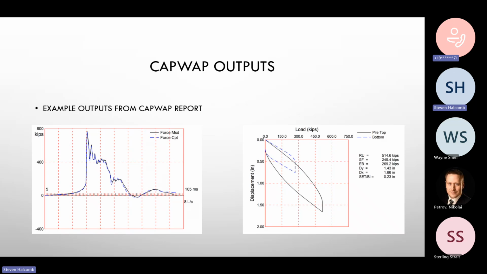Just some screenshots from the reporting. The left shows, I've been mentioning this, the computed versus measured wave. The black is what was measured. The blue is what's computed. Like I said, you iterate about 15 to 18 different variables to get these waves to match. But that's the goal. When it's matched and you've got a decent